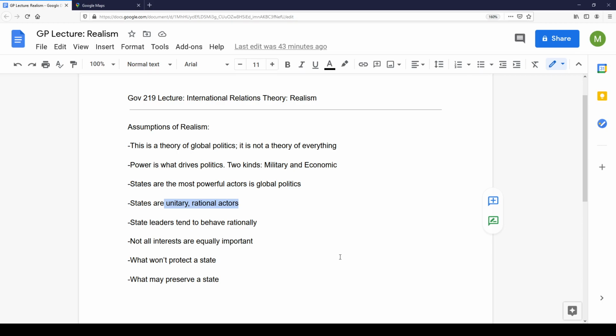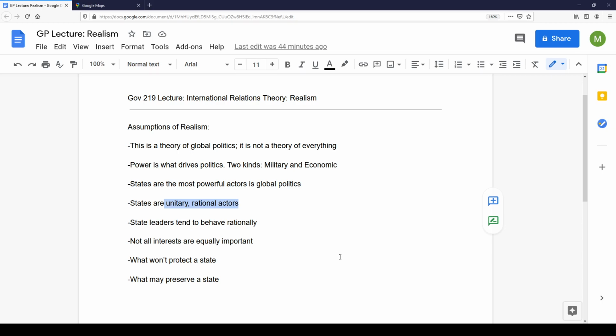What is it? And some are better than others, but frequently I hear people define rationality in ways that you can't really measure if it's happening or not, and that's okay. As it relates to global politics, in realists' view of rationality,